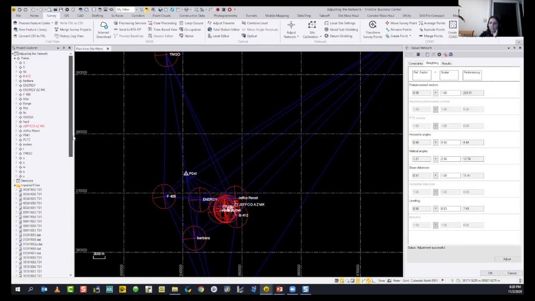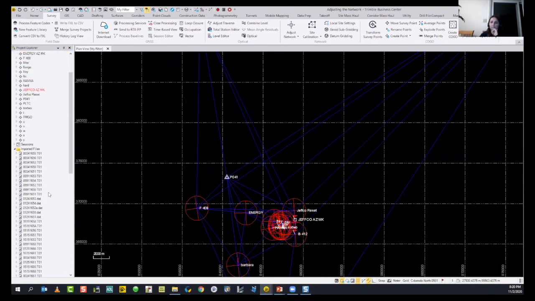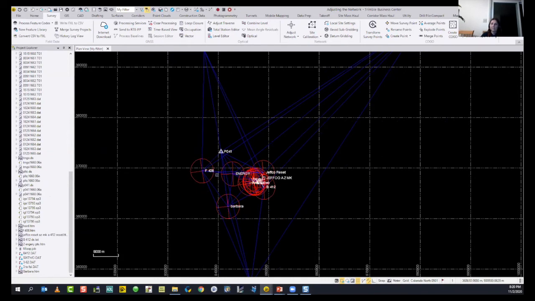So if you say OK, you can close up. You will display the name, adjusting the network, your project file. Everything will be standing in here. Well, this is briefly how we handle processing, adjusting traverse and network adjustment in TBC.